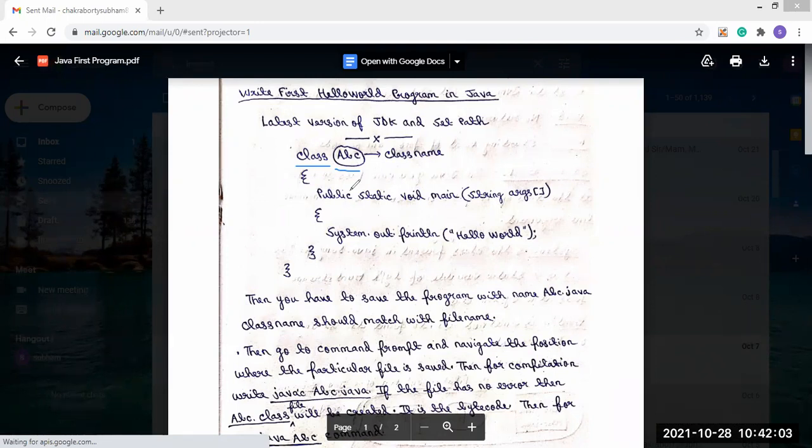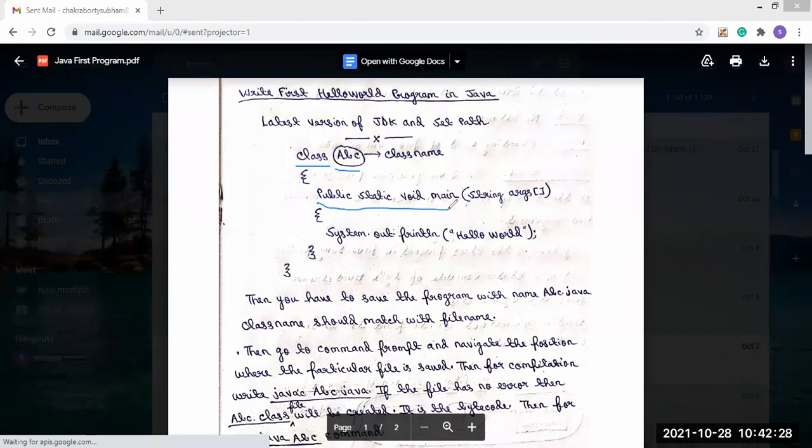So this is a simple program where we give the class keyword, then the class name, and inside the class we have written public static void main. In C we use the main function; in the same way in Java we write public static void main.